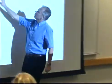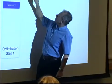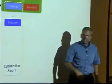Well, in brief, we start with a model of the building. We initialize it, and then we basically have a horizon that's known as the cost horizon. In that cost horizon, we have a planning period and a termination period, and we come up with an optimal strategy over this horizon while accounting for the cost occurring in this horizon. This strategy we then execute, and once we have that executed,